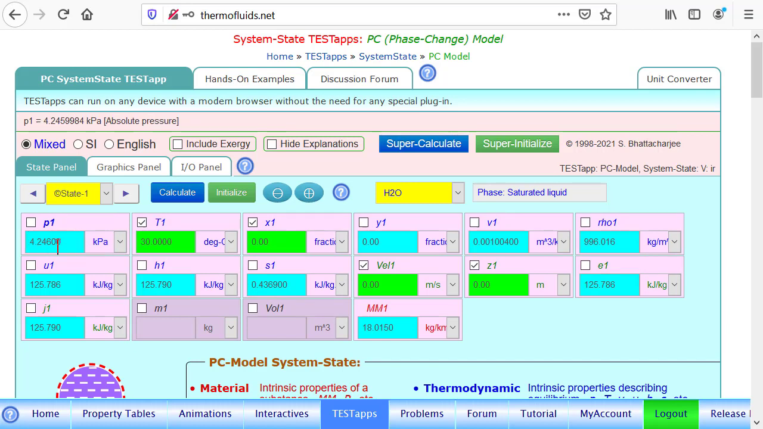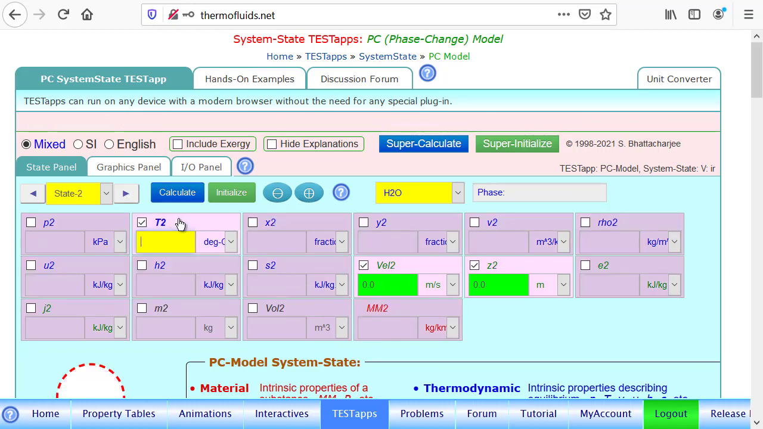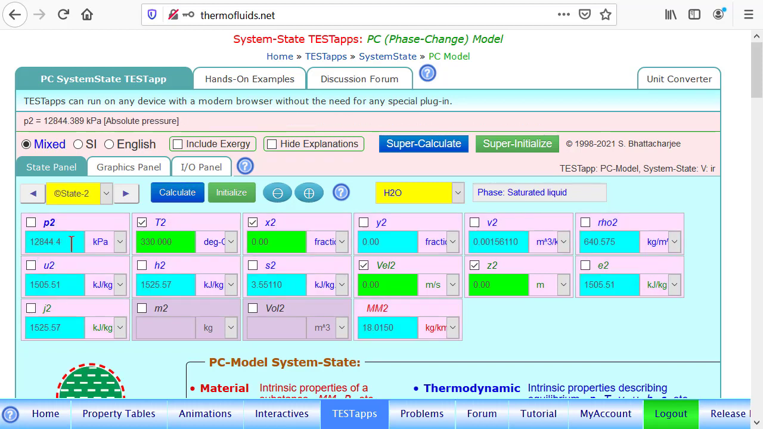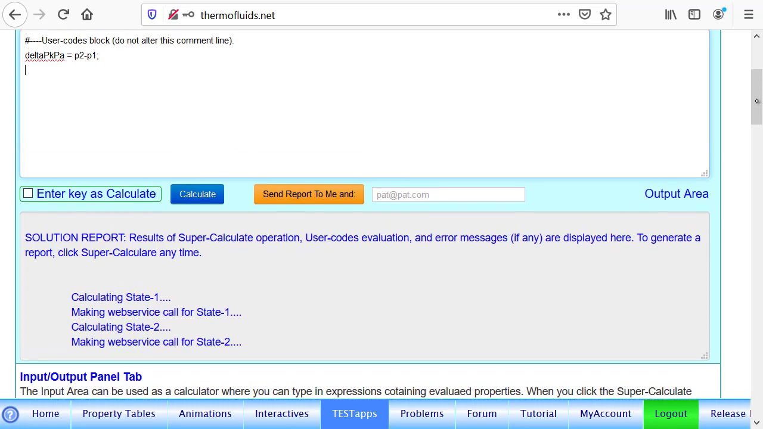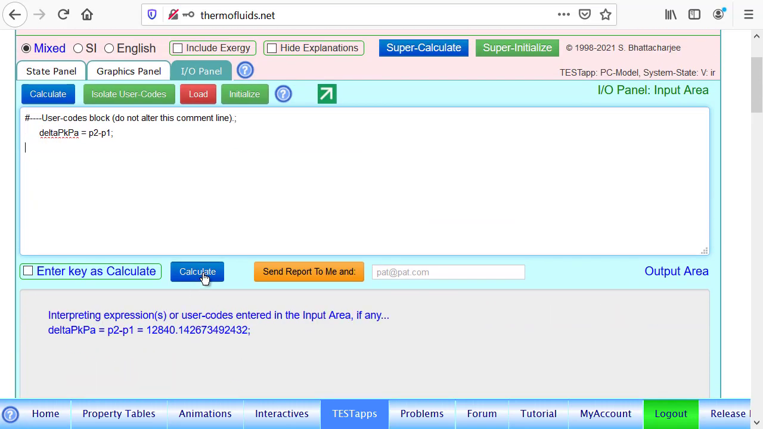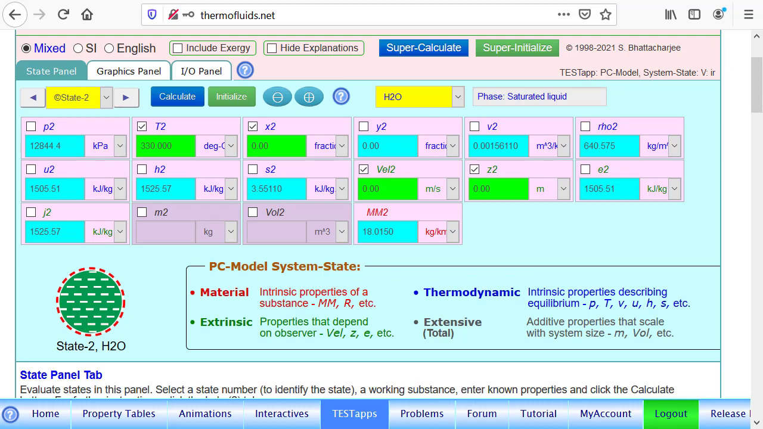It's 4.248 kPa, and for 330 degrees Celsius, again it is a saturation mixture. The pressure is this. So in the I/O panel, we can find the change in pressure. Delta P in kPa equals P2 minus P1, which is calculated as 12840. So our answer is 12840